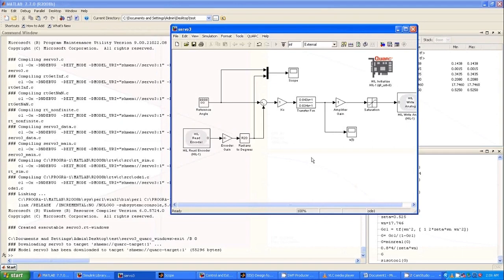So till now in this video, what we have seen is that we have obtained the closed loop response of the uncompensated system. Then we designed a lead compensator to achieve the desired specifications, and that compensator we implemented in closed loop, and we have observed the scope.